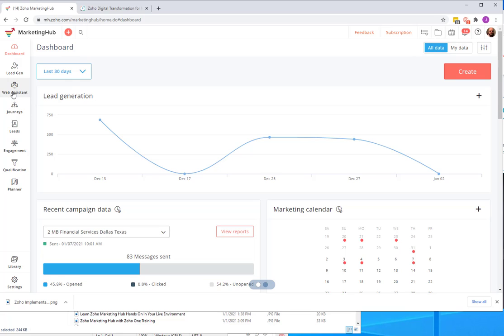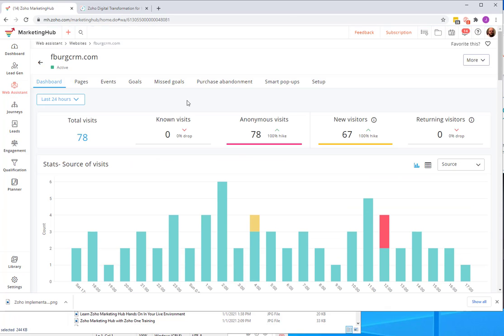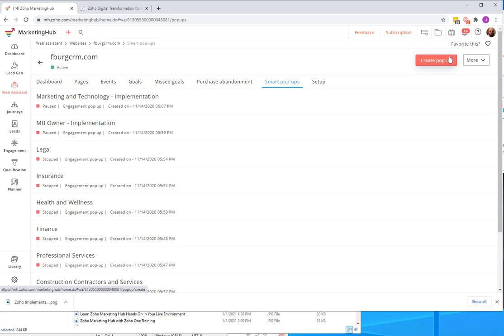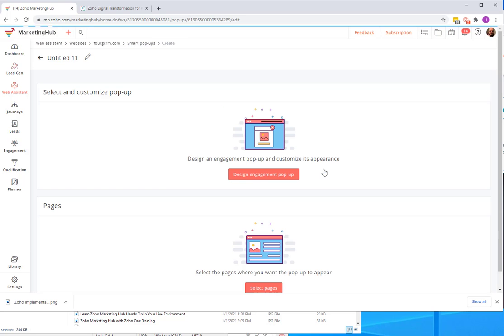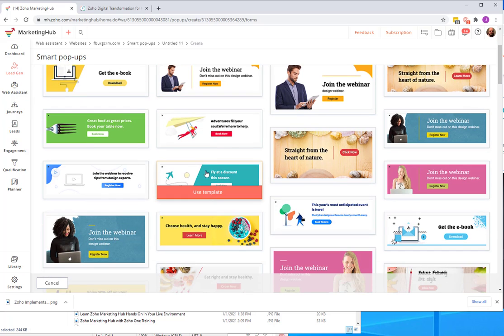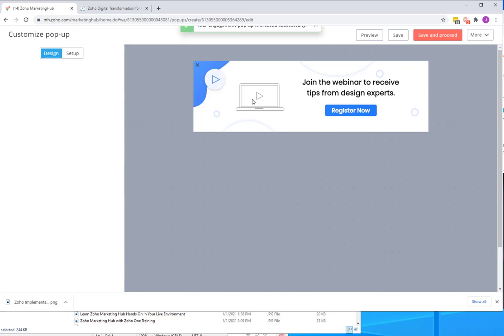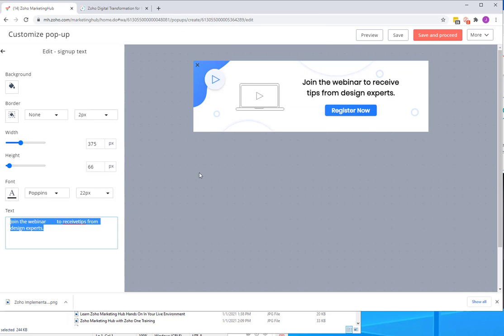So let's go over here to Web Assist, Websites, click on our website, go over to Smart Pop-ups, create new pop-up. We're going to create an engagement pop-up. Let's go ahead and design our pop-up here. Let's use this one. And so for this, let's say